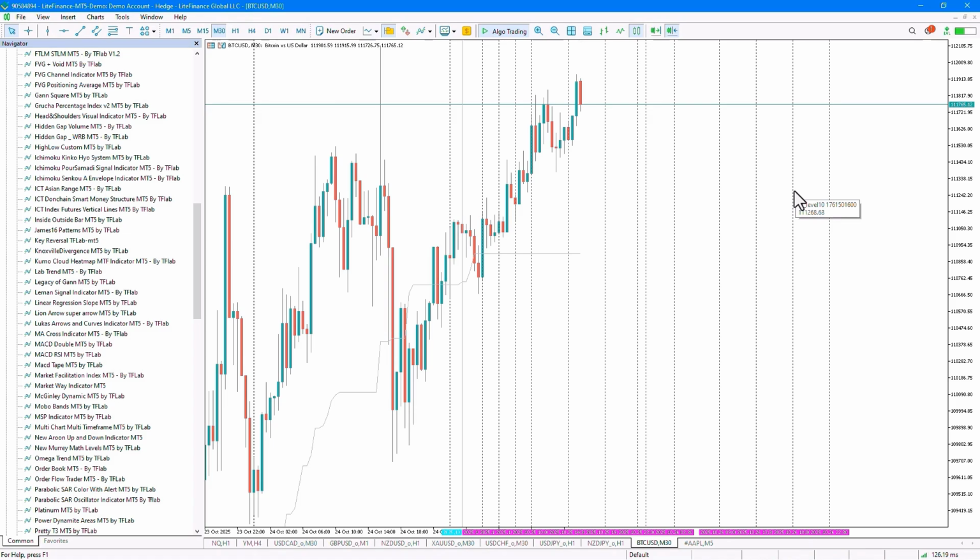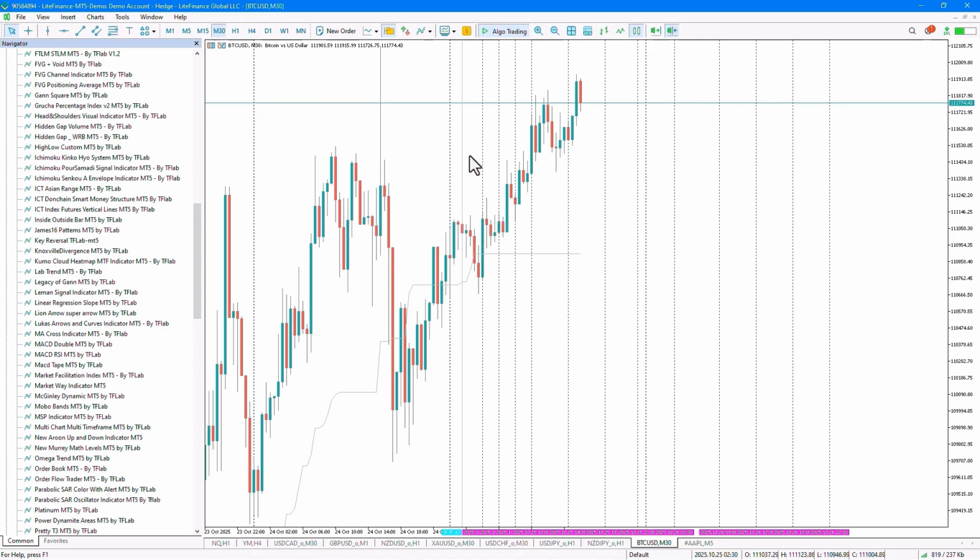When the Kijun-sen line appears as a flat straight line for at least 5 candles, it indicates a temporary equilibrium between buyers and sellers. With the movement of the Kijun-sen line and the formation of a price slope, a time cycle is formed on the chart. The indicator considers the point where the slope changes as the anchor point or temporal anchor, as we can see here. This flat line has formed for us, and with the breakout of the line upwards, the time point is